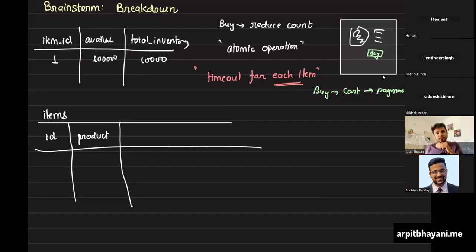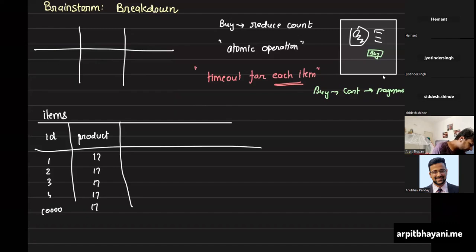Product into total inventory, whatever is the total inventory for that. So will there be 10,000 entries for this flash sale over here? Let's say I'm selling MI8 with product ID 17. In the product table, I have this ID, which is product ID, 17. Name is Xiaomi something. And I have total inventory. I just keep total inventory for the sake of it. Even if we don't have it, it's okay. I store 10,000 over here.